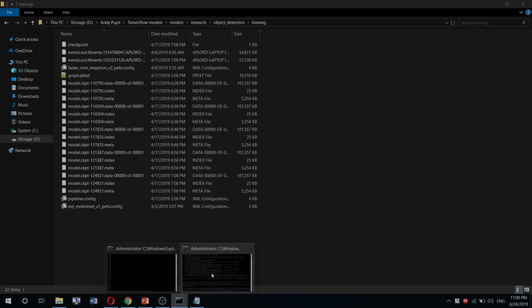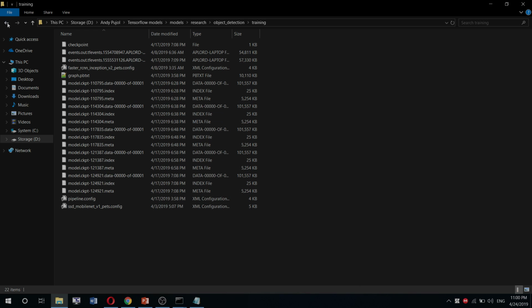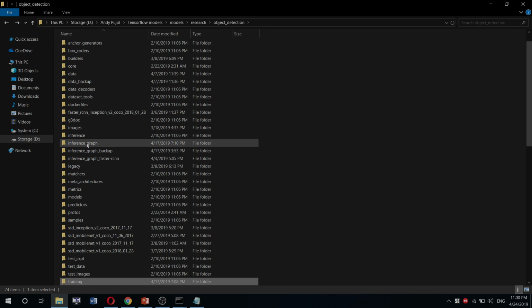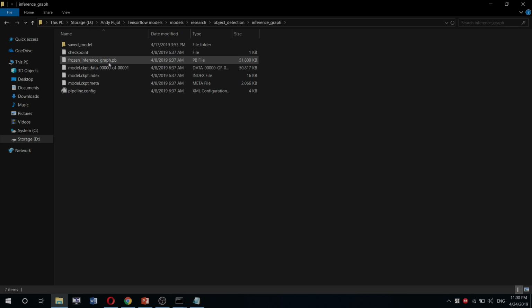That is what I would have to put in here, and then you hit enter, and that should export the inference graph right here. If you already have an inference graph and you need to re-export it, you need to delete this folder and then re-export it. Okay? So what this will do is just generate this, and this frozen_inference_graph.pb